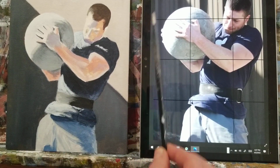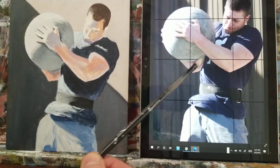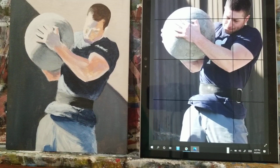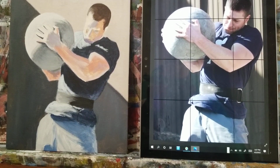No. If you look at where his arm, I'm looking at the bottom, and it lines up about where his arm intersects. It's a little bit out. It's a little bit out. I may lose that. I don't know if it still bothers me, because this is one of those things. Would anybody else notice that? Probably not,